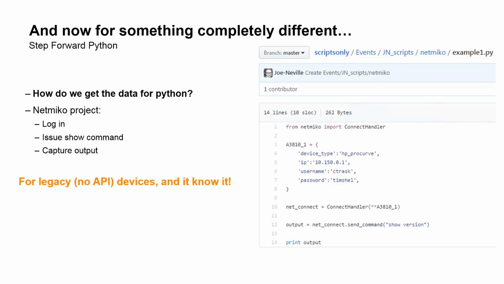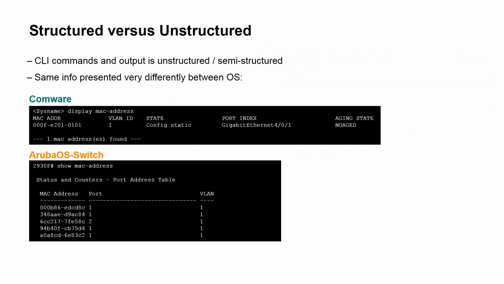But this is legacy, and it knows it. The chap that wrote Netmiko and maintains it, Kirk Byers, actually says this is legacy. For the astute, those that are paying attention, you'll realise that this isn't that much further along the line than Perl, from how I was criticising Perl, because we're still using, as you can see there, show version. So we are using the CLI to interact. We are interacting with the devices inefficiently. We're using English to ask these questions via the CLI. But the guys that run Netmiko, they know that.